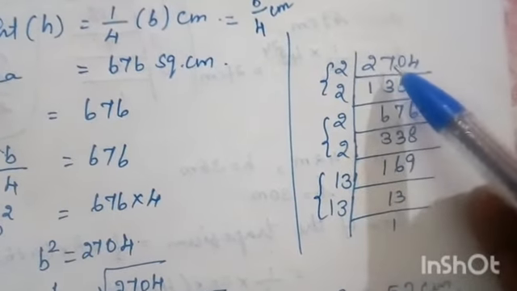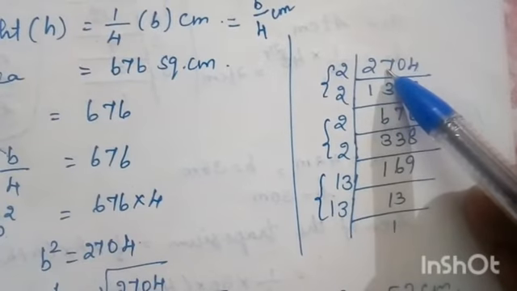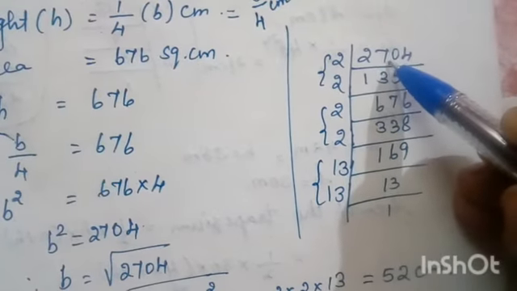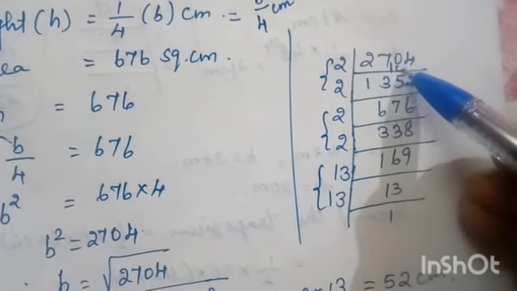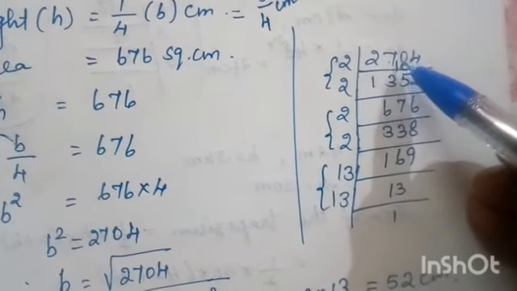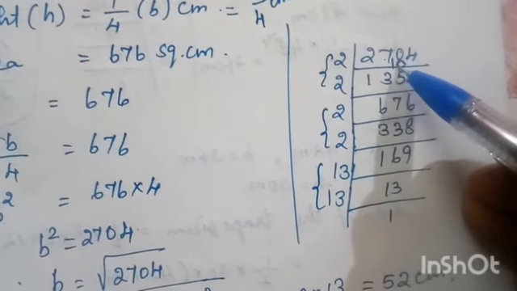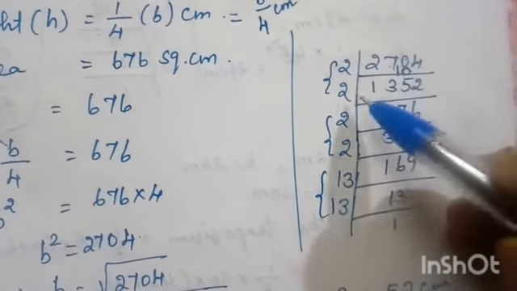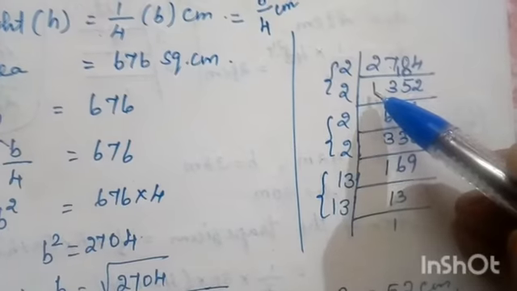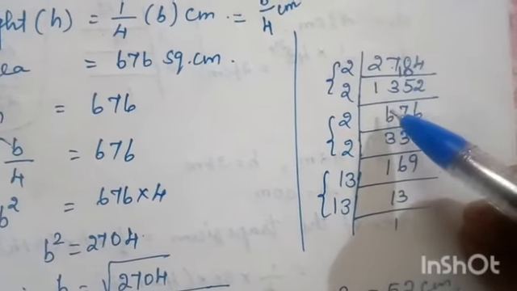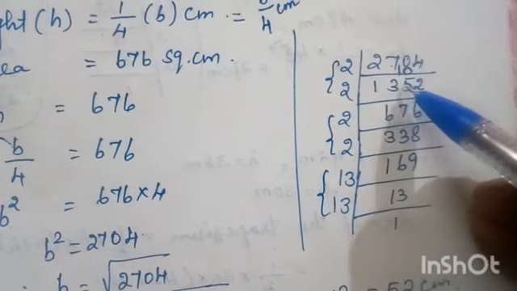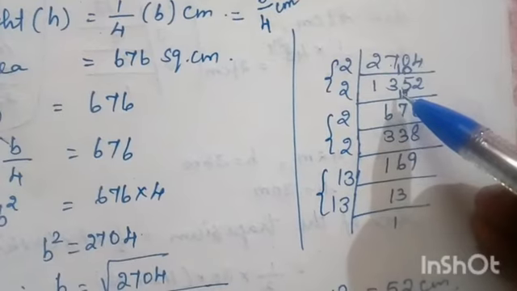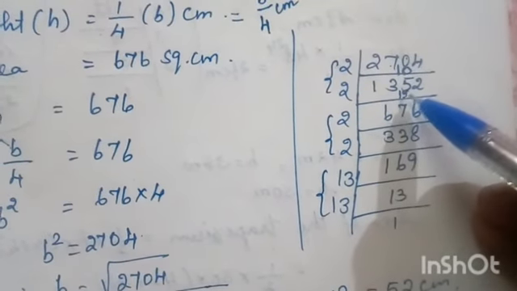1 2 is 2. Then this 7 has how many 2s? 3 2s are 6. Balance 1. That one you write in front of the next number, so the number is 10. 5 2s are 10. 2 2s are 4. Then again 2 table is possible. Next 13, since it is a small number, you have to consider these two. 13, 6 2s are 12. This balance 1 you write in front of the next digit, so that is 15. New number is 15.